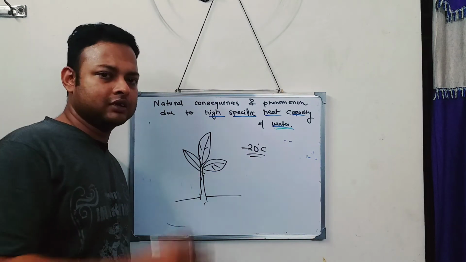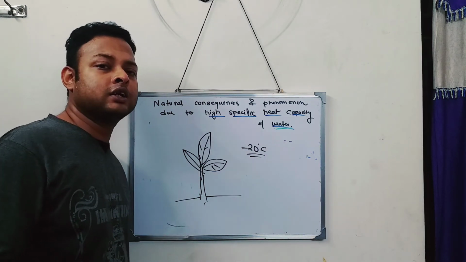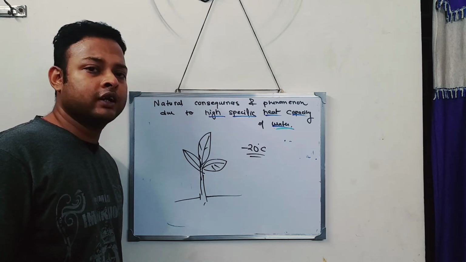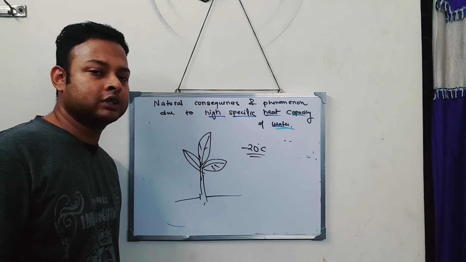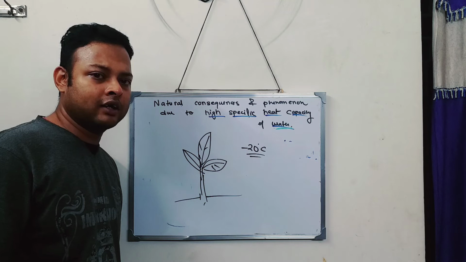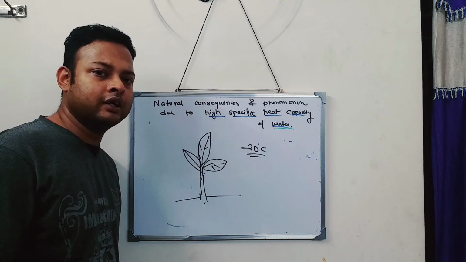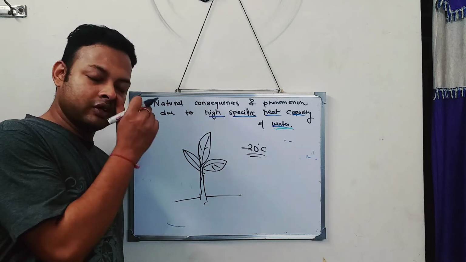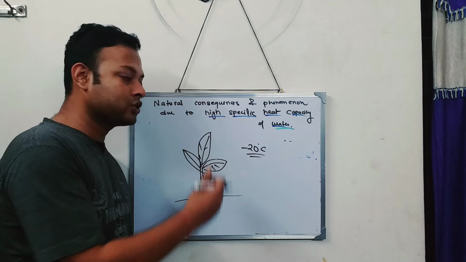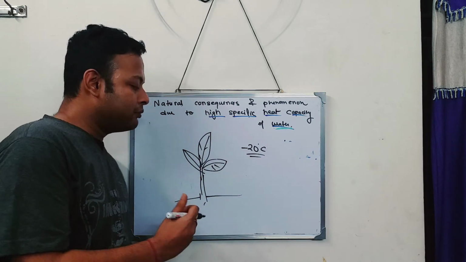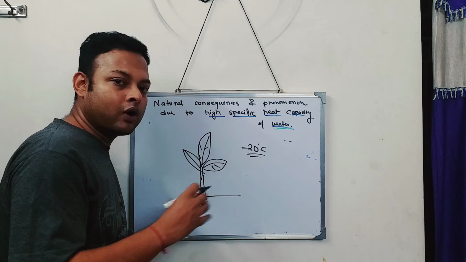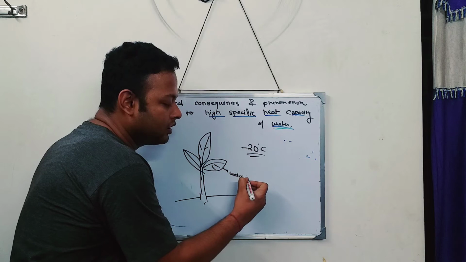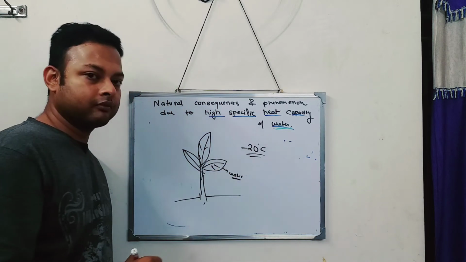It happens in cold countries like Switzerland, Austria, in European countries, the outside temperature reaches -15, -20 degrees centigrade during the month of December or January. It is not a very big deal for them. Canada has an average temperature of -25 degrees centigrade during the winter. So the outside temperature is -20 degrees centigrade. Now every plant has a certain amount of water in its body. So this plant has water inside the body.